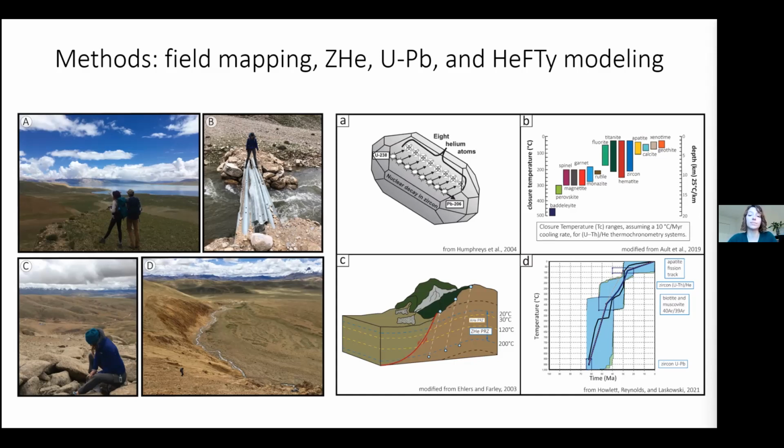thermal history modeling. I won't go again into all the details here, but we chose to use zircon helium dating in this study because it records tectonic processes that affect the upper 10 kilometers of the Earth's crust. And therefore, it's really well suited to answer questions related to rifting in Tibet. HeFTy thermal modeling allows us to obtain more detailed time temperature paths for each of our samples based on different thermochronometer inputs. And that can reveal rates of cooling and exhumation and provide potential thermal histories for different portions of